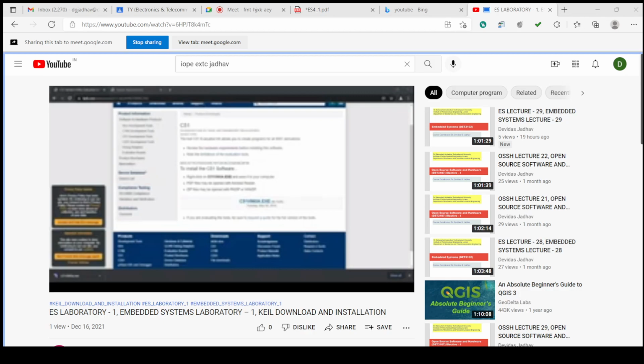So installation is going on, and installation is completed. Keil Microvision setup completed. Keil C51 version 9.60A. The Microvision setup has performed all the required operations successfully.